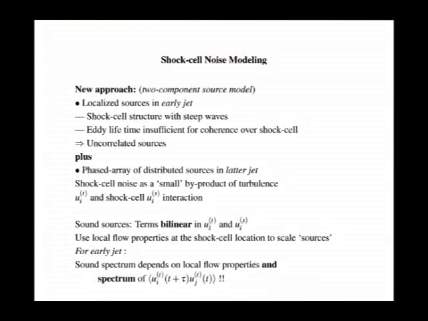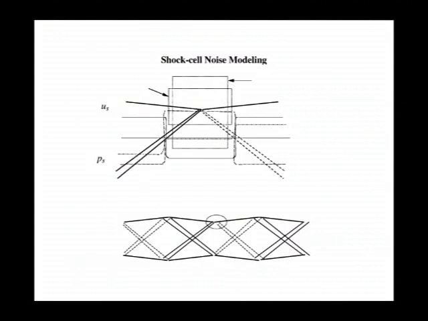Okay, so I will wrap up very soon. We have taken an approach of trying to describe the sound generation by considering the interaction between unsteady disturbances in the shear layer and the stationary wave disturbances. Analysis of the early region indeed shows that the sound spectrum would be proportional to the spectrum of the turbulence. How that comes about, I will explain by considering a little region of that interaction,